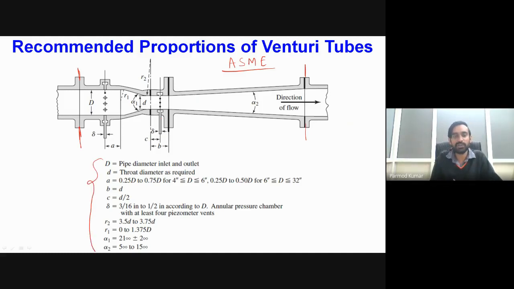So different geometric relations are given over here, and these are actually related in terms of the diameter of the pipe. So obviously, when the diameter of the pipe will be changing, the corresponding size of the Venturi will also be changing. Okay. Now, one important point is here, while we actually apply the pressure taps in order to obtain the difference of pressure in between the upstream and the downstream of the obstruction.